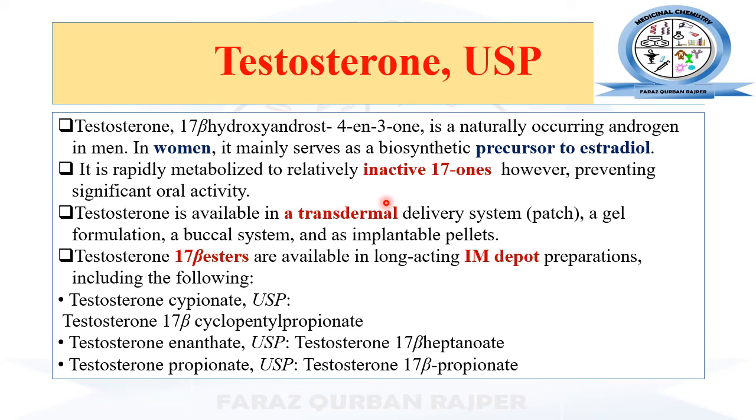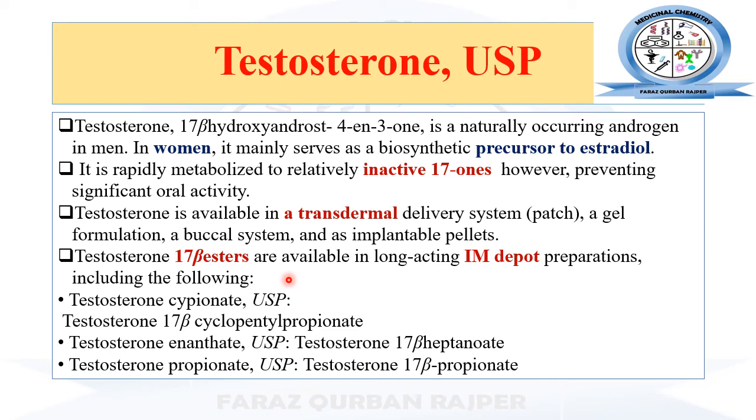And the drug is being rapidly inactivated. So for the purpose of prolonging its action, to achieve the therapeutic action which is required for the body, different formulations are being made, like transdermal formulation and intramuscular depot formulation, and such formulations are being formed by the ester formulation. The ester derivatives of testosterone are being made at the 17th position carbon, like the different types of